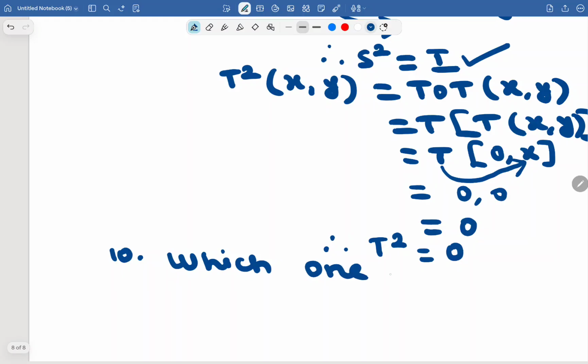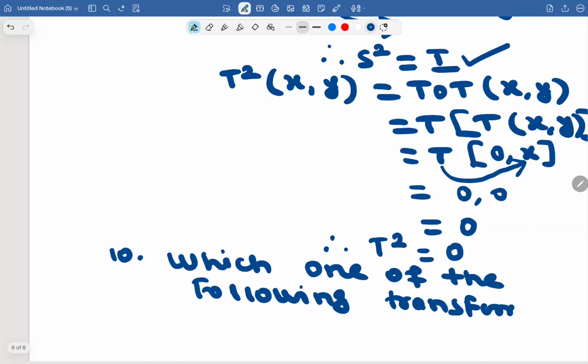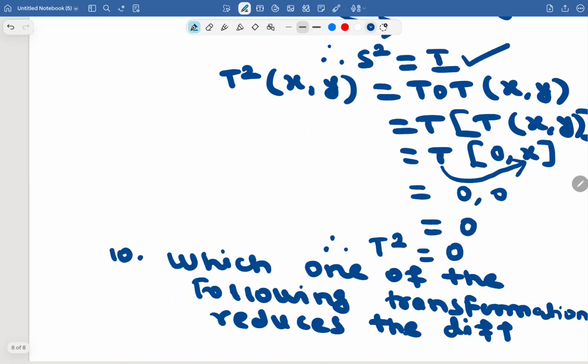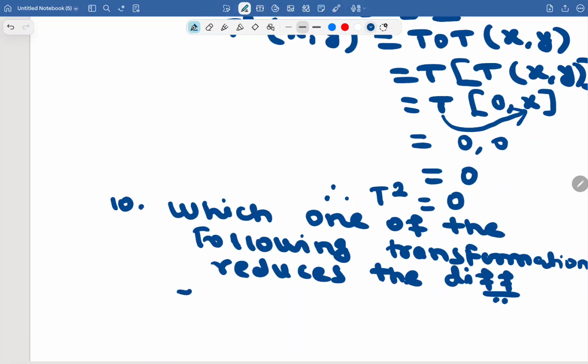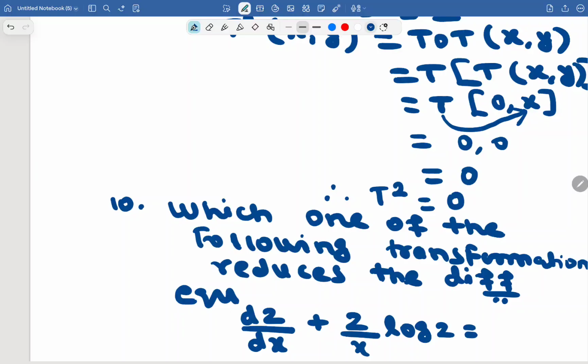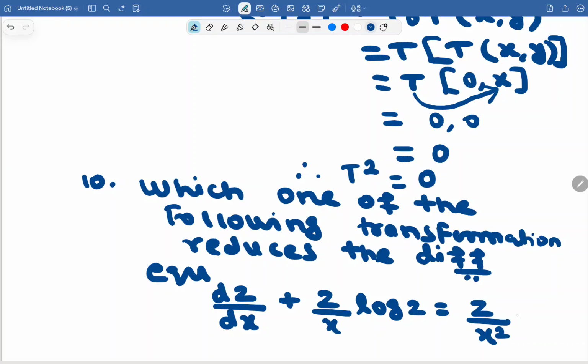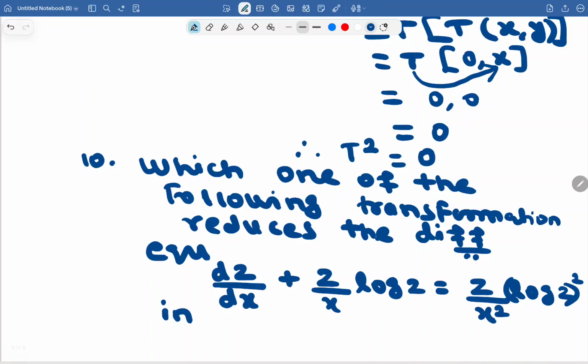Which one of the following transformations reduces the differential equation dz by dx plus z by x log z, which is equal to z by x square log z the whole square, into the form